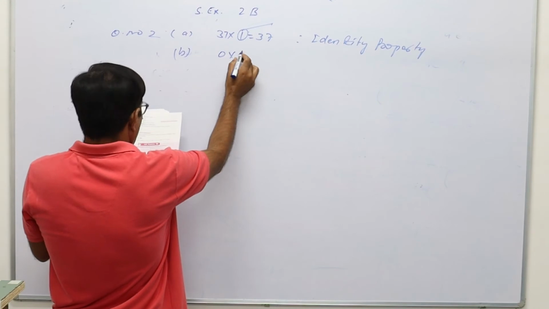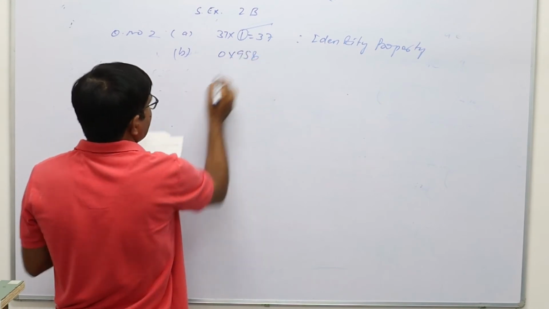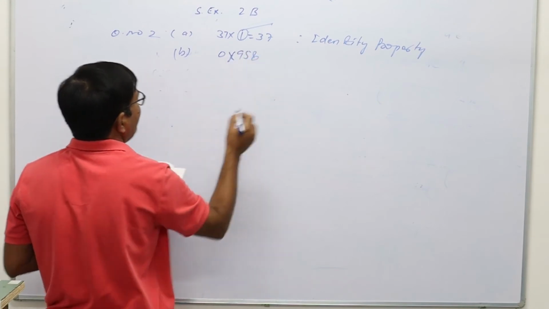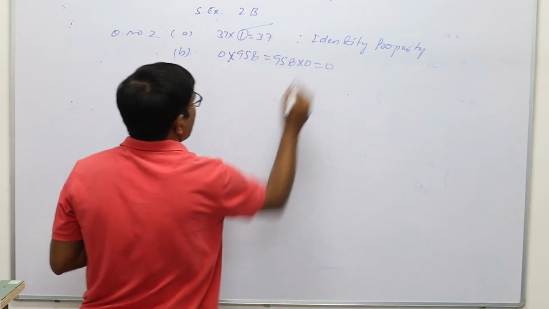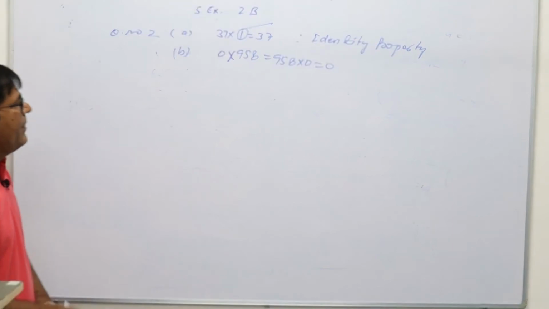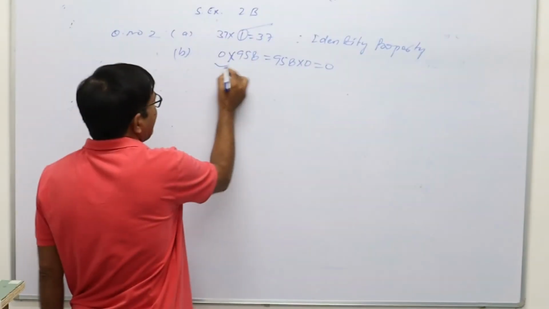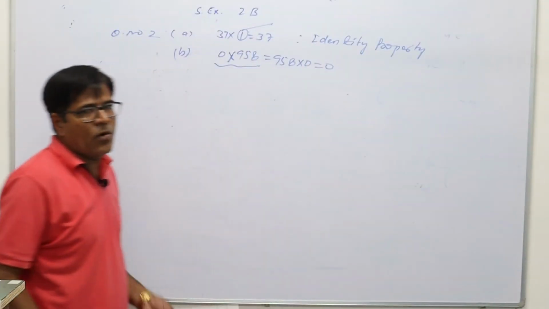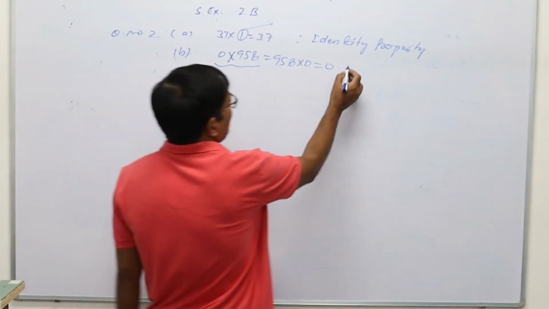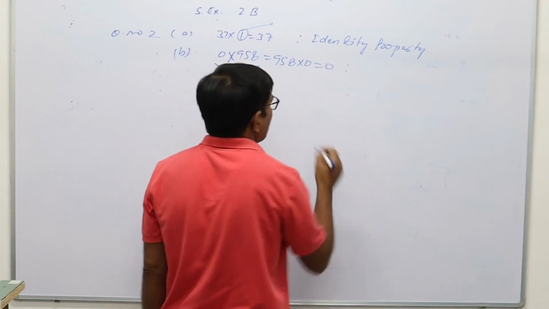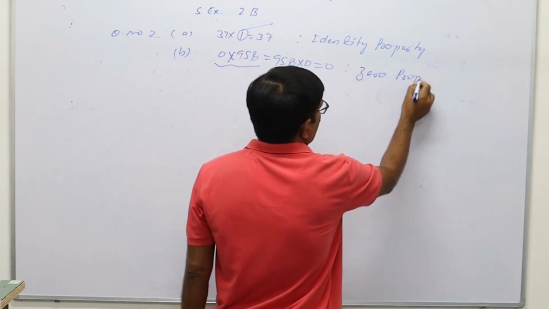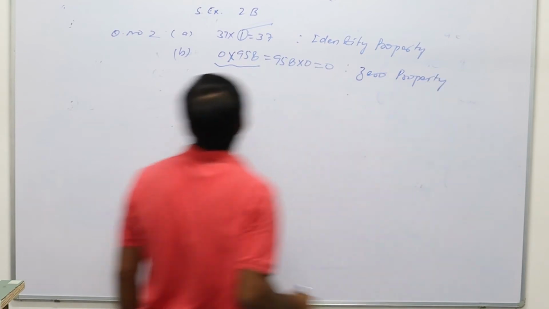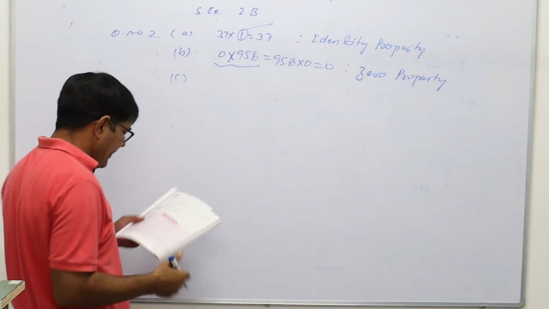0 into 958. If 0 is multiplied with 958, or 958 is multiplied by 0, then the result will be equal to 0. So if any number is multiplied by 0, or 0 is multiplied by any number, then the result will always be equal to 0, and this is known as the zero property. Then question number C,